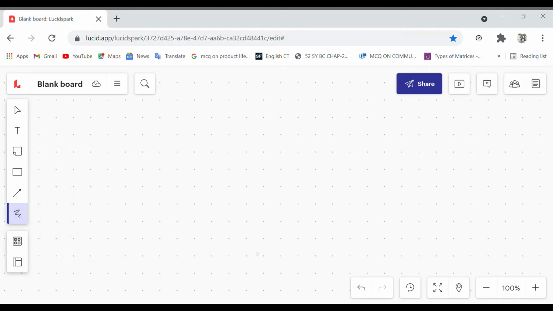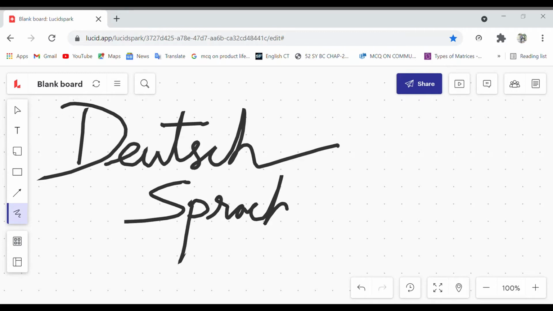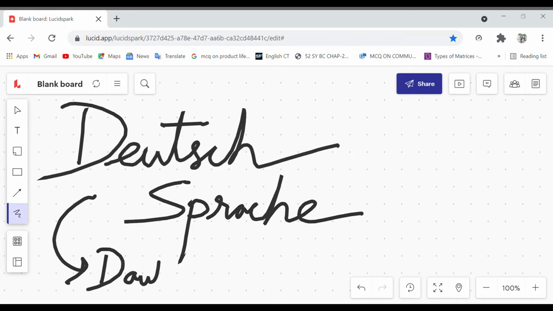So the first word we shall learn is this. This word is pronounced as Deutsch Sprache. Let me write it in English. Deutsch, Sprache.